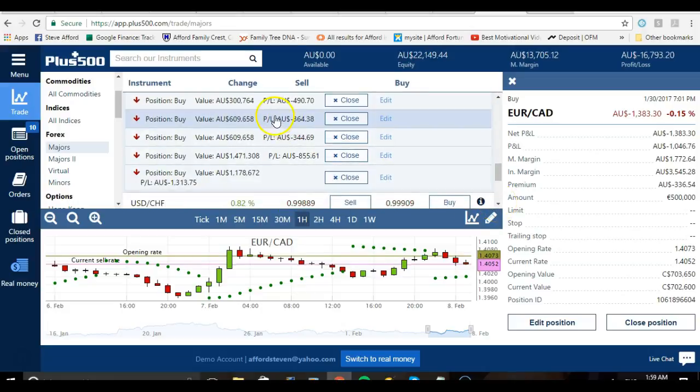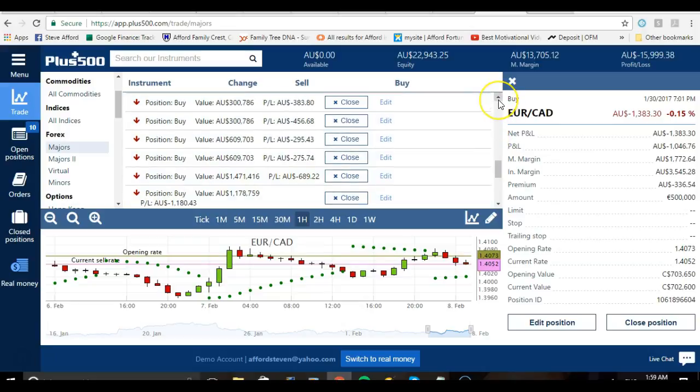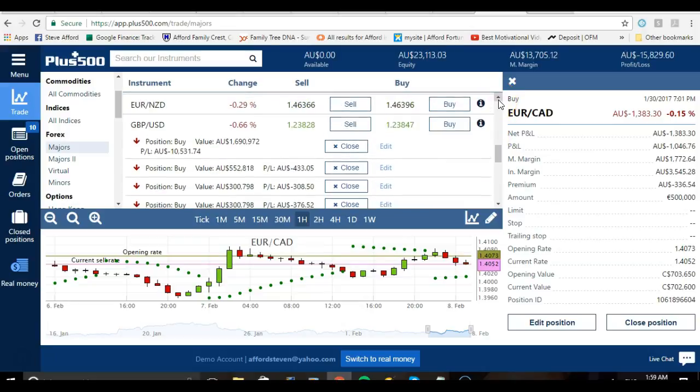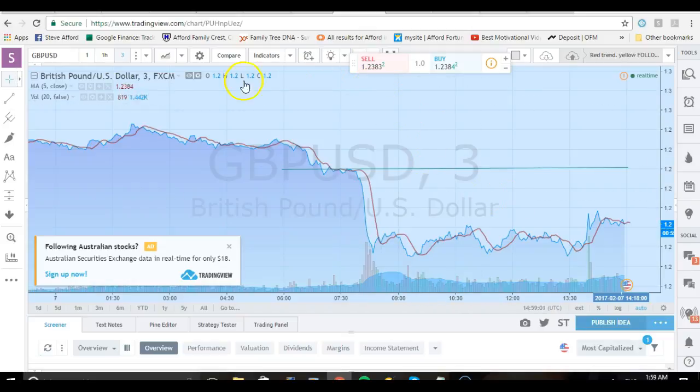GBP. Where was I? I'm in the wrong chart, by the look of it. Sorry. I'm using GBP USD, and I've got a few positions opening here, only because it's showing me a gradual